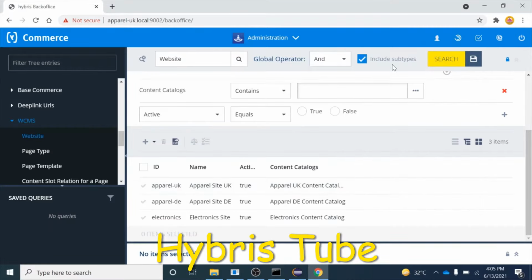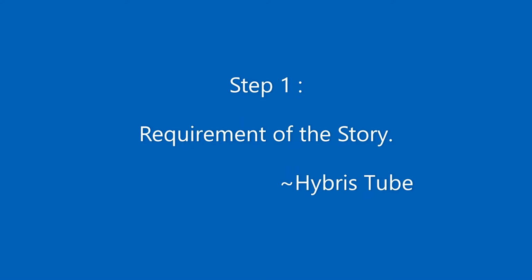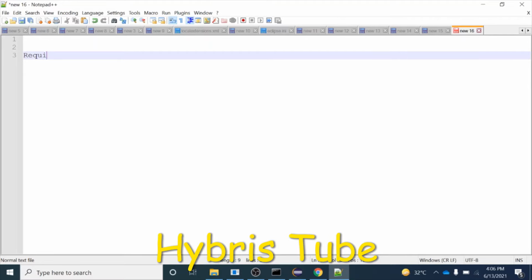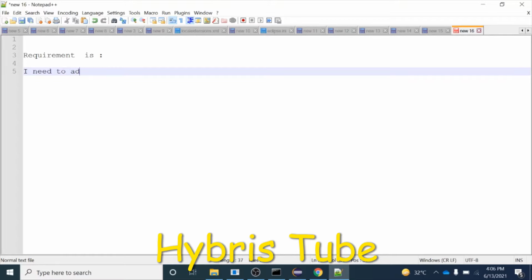Right now, before starting anything, firstly we will write the requirement. So my requirement is, I need to add one tree node in the left panel of back office with the name training_product.